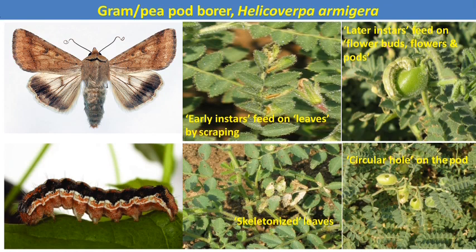At the initial stage, the caterpillar feeds on the leaves by scraping the epidermal layers. After flower or pod formation, the later instar larva enters into the flowers, and the flowers drop down on the ground. After pod formation, the caterpillars make small circular holes on the surface of the pods and feed on the inner content, that is the developing seeds present inside the pods. The seeds become unfit for human consumption and the pods become useless.